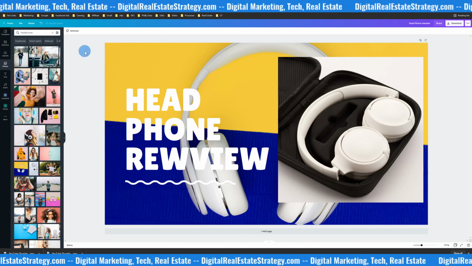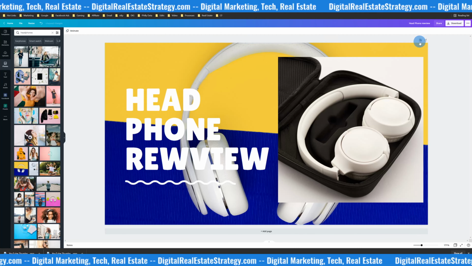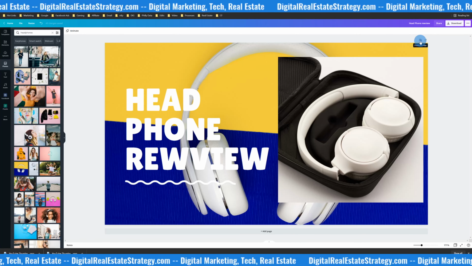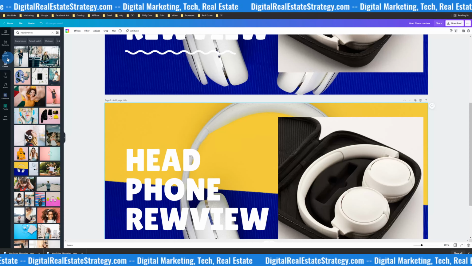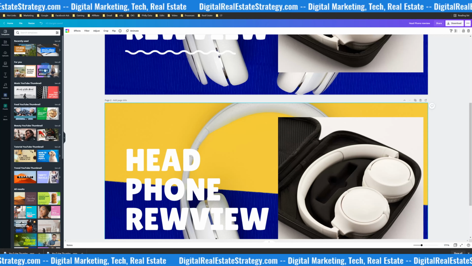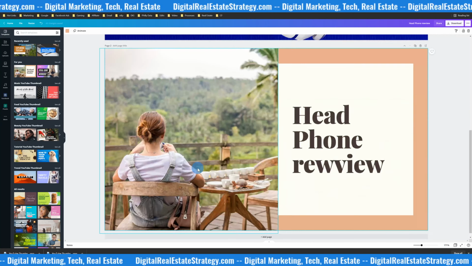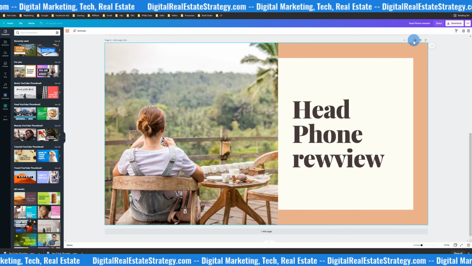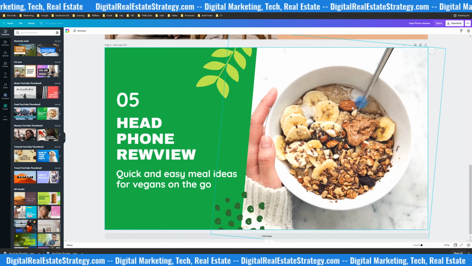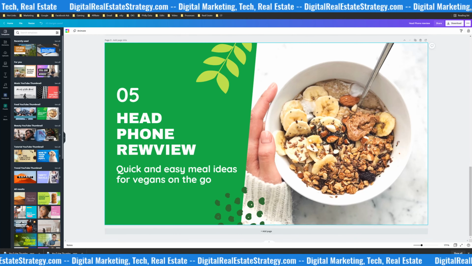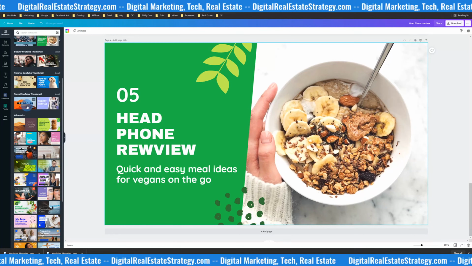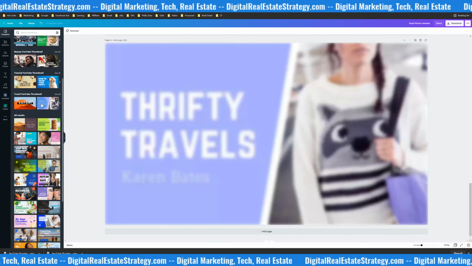Remember we were doing the duplication with the logo? Well, I can do that here. And then if I come over to my templates, I can change this according to whatever theme I like. So bam, headphone review. And again, same situation. You duplicate and bam, headphone review. You can add the images and update what you need to update. If I duplicate again, this is why I like to use it, because once you get things set up, once you input your information, it's pretty easy to change and swap out.